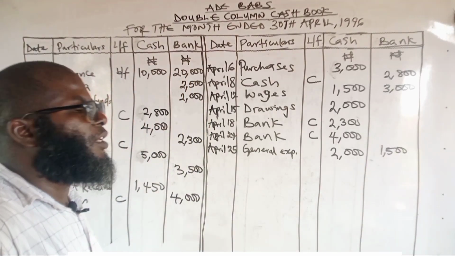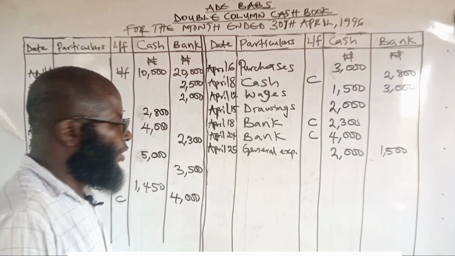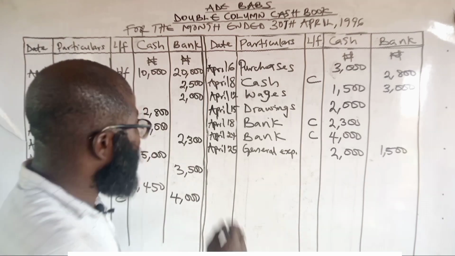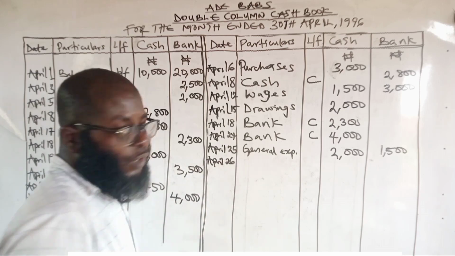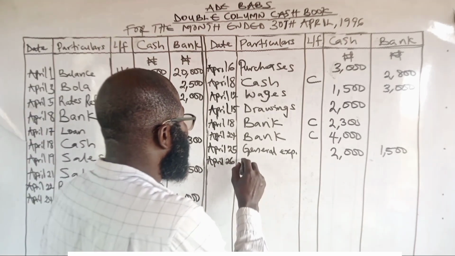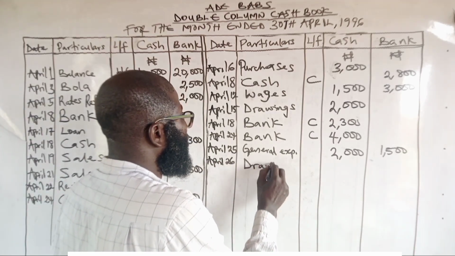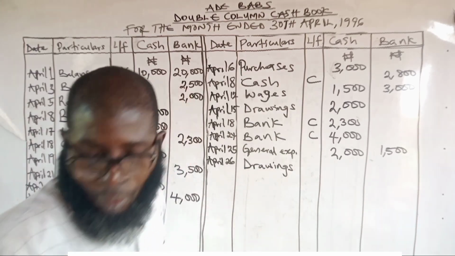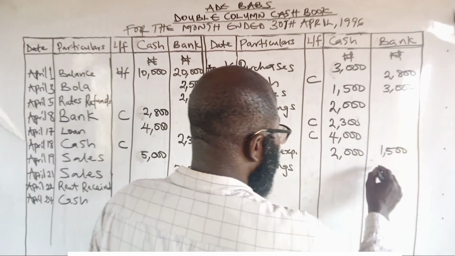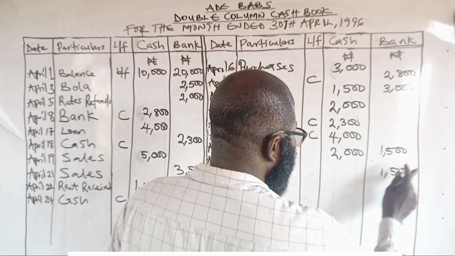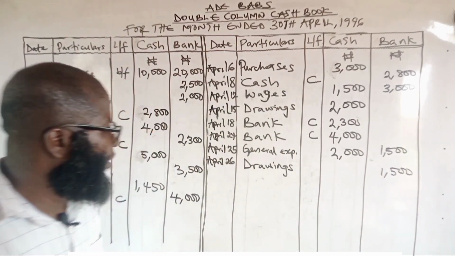It's not for business or office use. Therefore, I will come here, April 26, you just write drawings, okay? Then I will have it on the bank column because I withdrew the money from the bank account